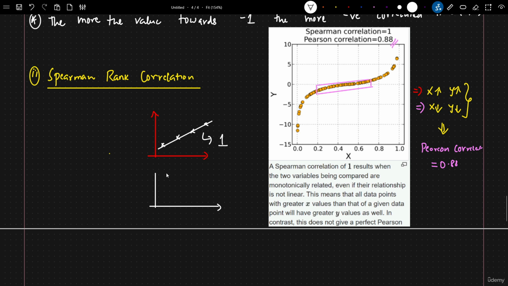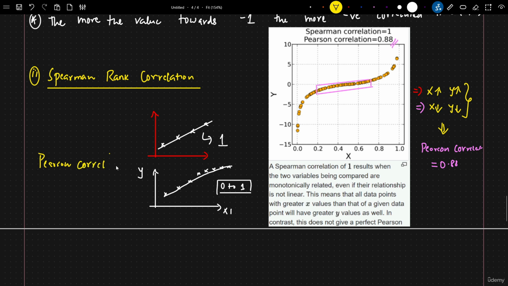But if I have non-linear data, something like this, in this data I have this kind of graph, right? Now, in this scenario, this value will be ranging between 0 to 1. But we know that for every data point, when X is increasing, Y is increasing only, right? So Pearson correlation will not be able to capture